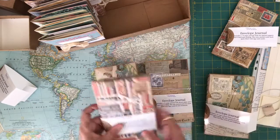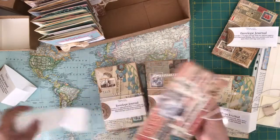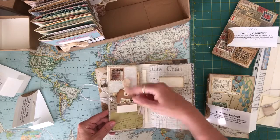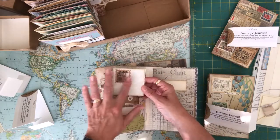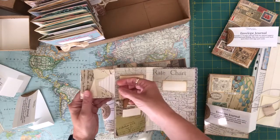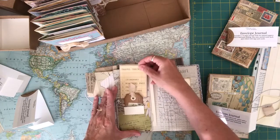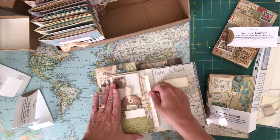Now some of the newer ones that I've made, and I think this might be one of the newer ones, they have just a little card here, and it can fit a business card, your flight information. It does have a little flip out card, and I've used some of my postage stamps to put on the cover there. And then these just have like a little card tucked in with some lines on it that you can write some information on. It does have your travel checklist, and that little tag just holds that flap closed, and it does have your